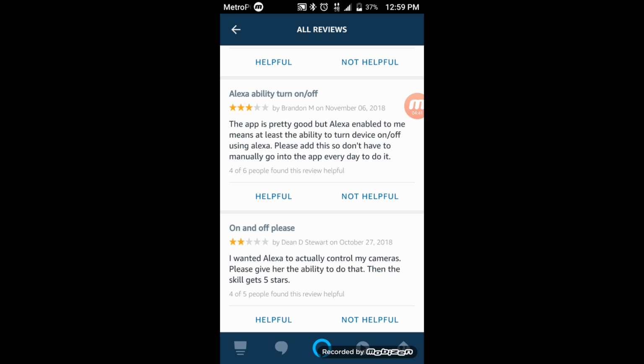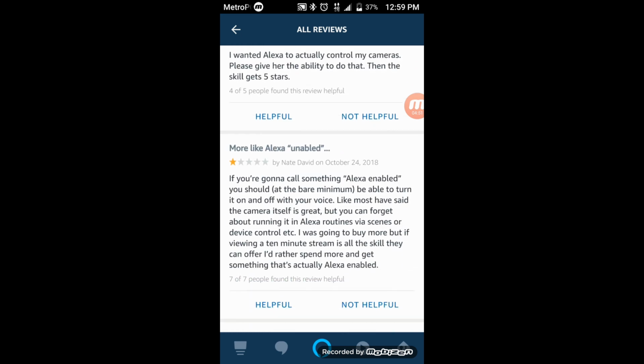So this one says more like Alexa enabled. So this one says if you're going to call something so-and-so enabled, you should at the bare minimum be able to turn it on and off with your voice. Like most, you have said the camera itself is great, but you can't forget about running it in routine via scenes or device control. I was going to buy more, but if viewing a 10-minute stream is all the skill can offer, I'd rather spend more and get something to actually